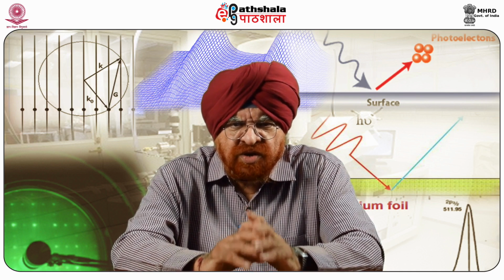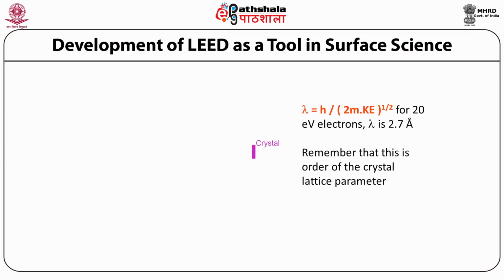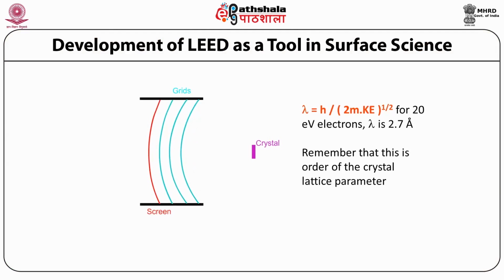RHEED is the standard equipment in the epitaxial growth chamber, providing a great opportunity to monitor surface properties during the growth process. This real-time in situ method makes it possible to control the growth with atomic layer precision. The schematic diagram of this is shown, wherein we take a crystal and from there the energy radiation that passed,